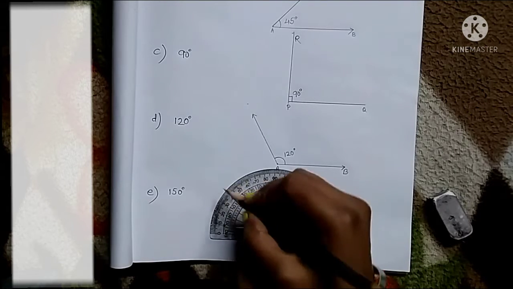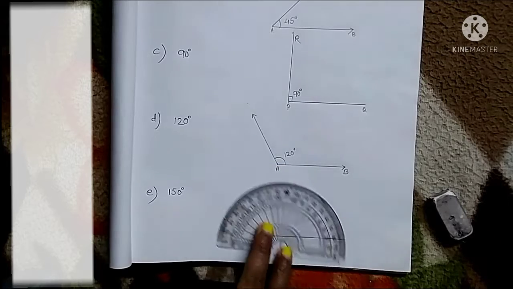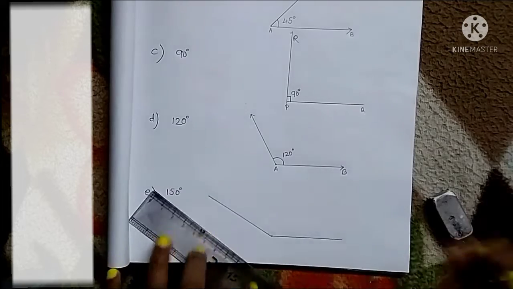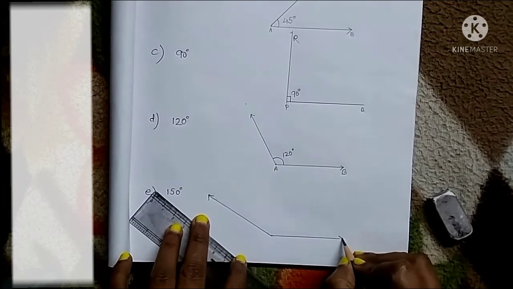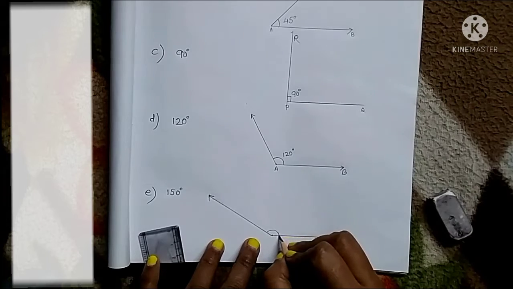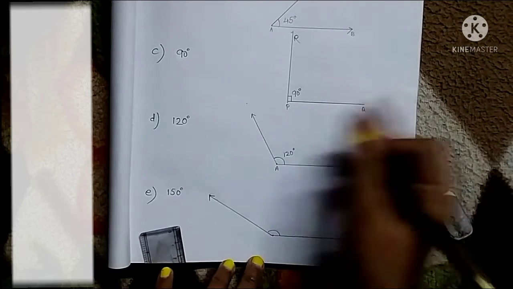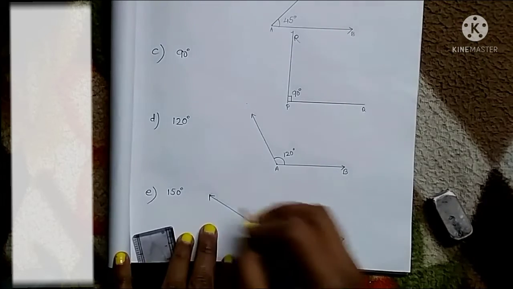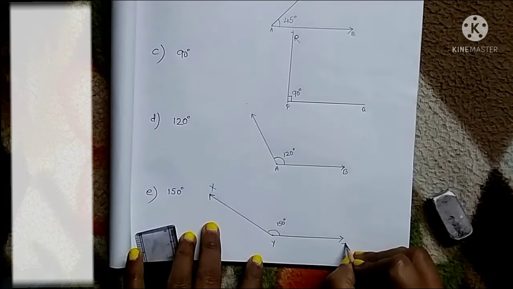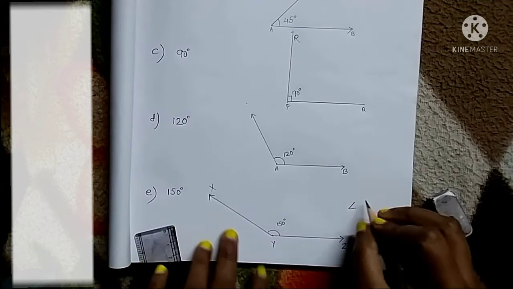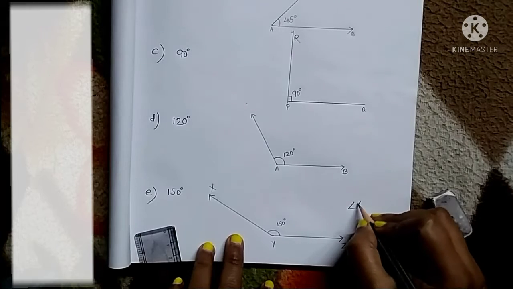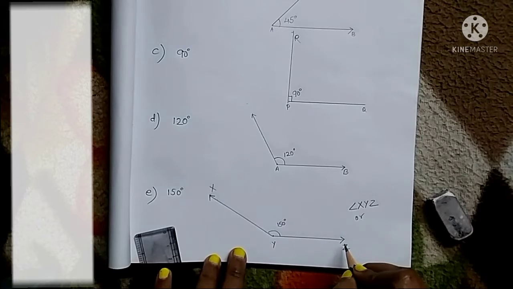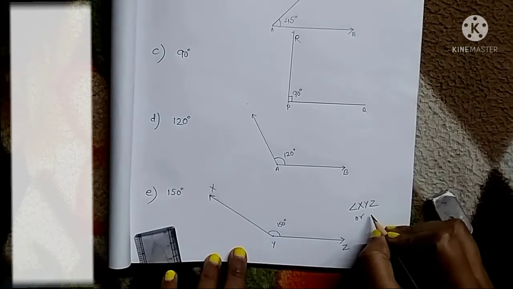30, 40, 50 degrees, this big line. Now we match this point properly. So every time you make this angle with a sharp pencil and draw the line properly. 150 degrees. Okay, XYZ. So the name of the angle, this is the sign of the angle, XYZ. What else can we say? We can say XYZ, or else ZYX.